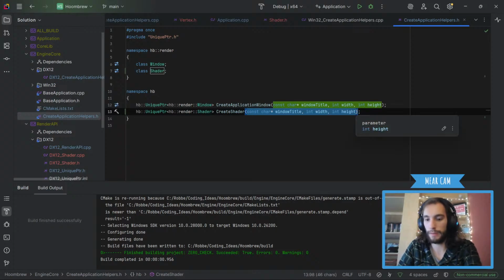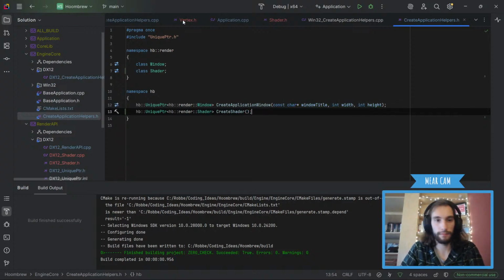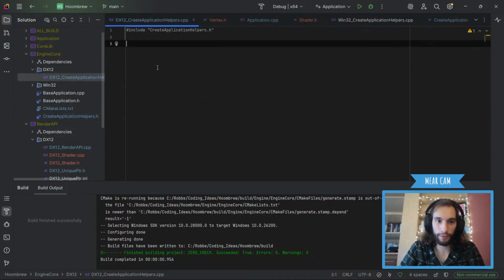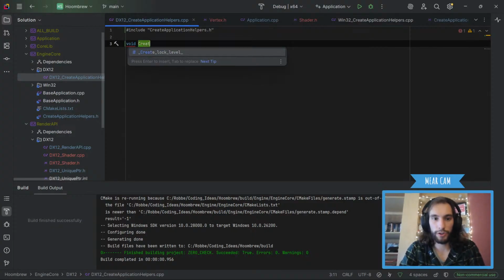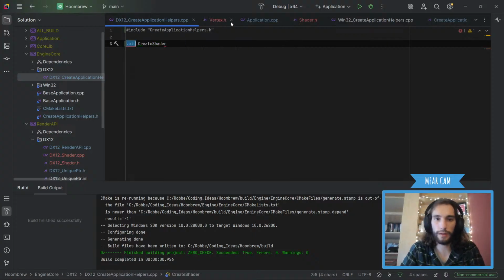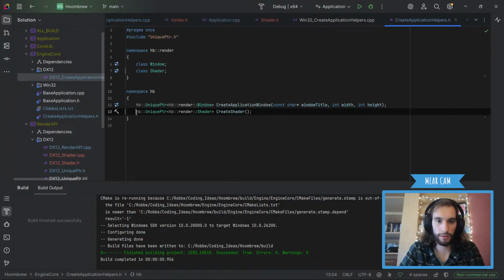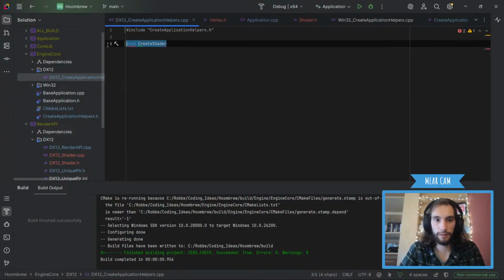And what this will allow us to do is create a shader, but it will allow us to create a DirectX 12 shader because we are being smart about it. Create shader. I don't want to type it out. Just give me this. Copy that in here. There we go.